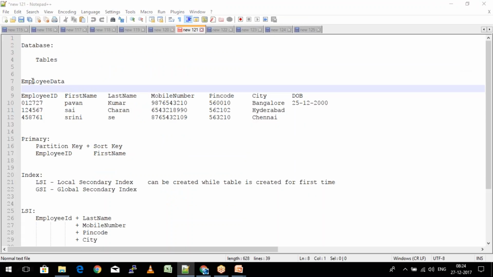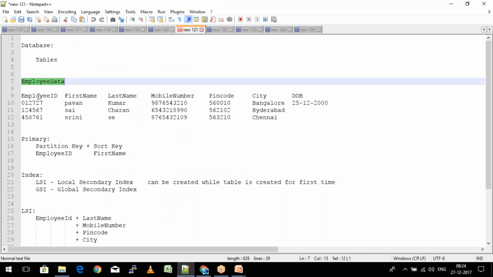Now let's talk about this table, called employee data, which has columns like employee ID, first name, last name, mobile number, pin code, city, and date of birth. In this case, employee ID is the easiest way to find a unique row.